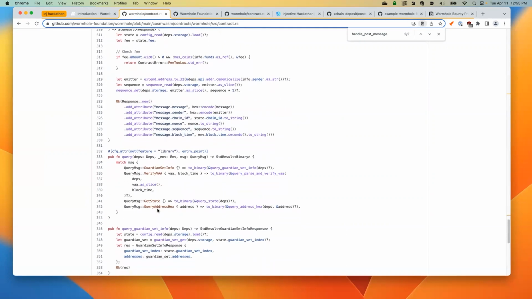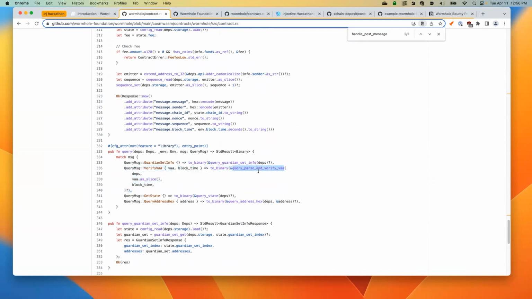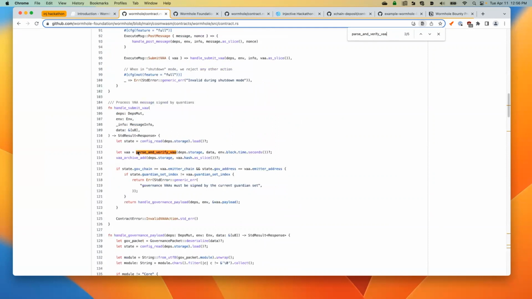And then the other main thing is verifying the VAA. So if you're composing on top of the CosmWasm contract and receiving VAAs and want to verify them, you would call into this query endpoint here, which is query message verify VAA. And this calls into query parse and verify VAA. As you see here, this calls into another internal function, but all that's happening here is